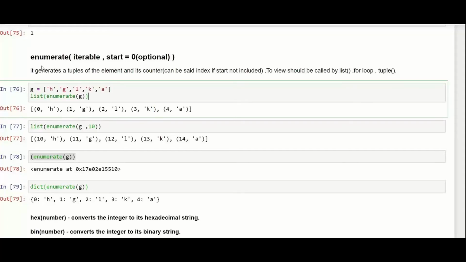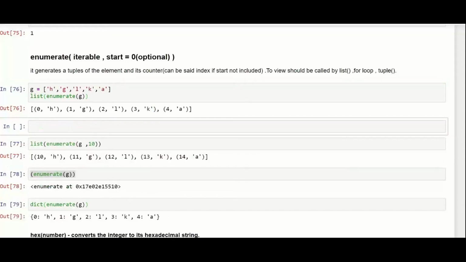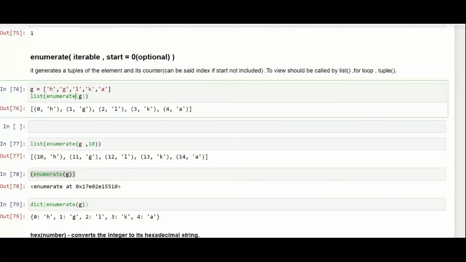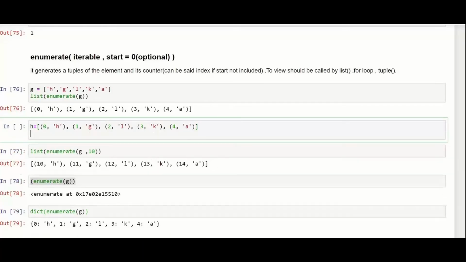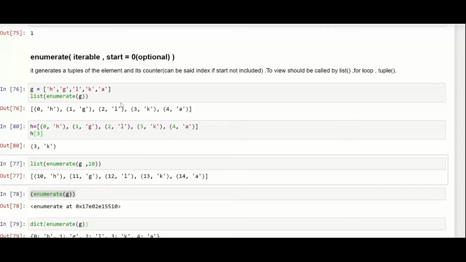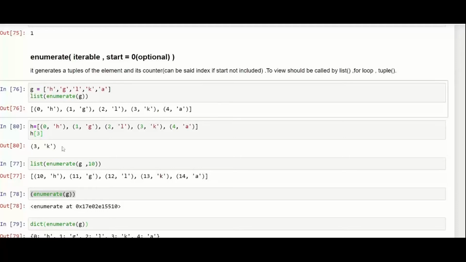So if I want to print some value, let me just load it again and save it in G. I normally use a name other than G, that is H, and if I paste it here, this is a list. If I say H and a bracket 3, that is the answer which I got from most of the people. So this is basically the value which I'm getting.